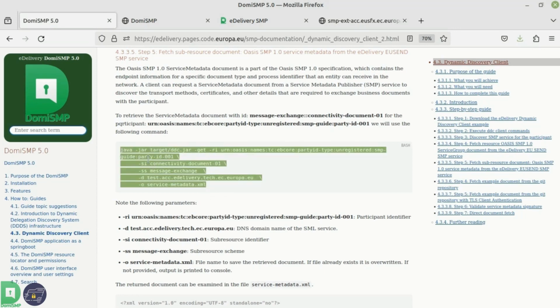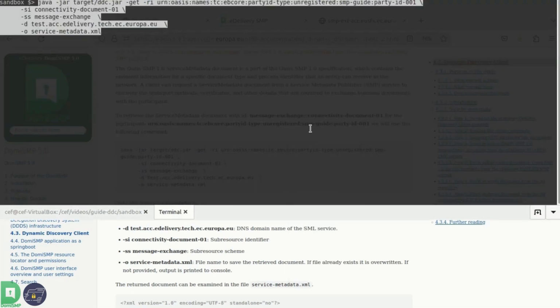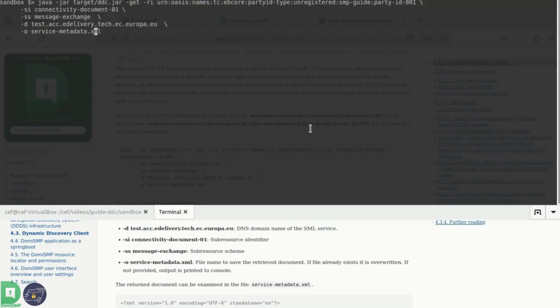I will copy and paste this command, and I will paste it into the console. Please do the same. And then I will press enter. And the Dynamic Discovery client will fetch the document.